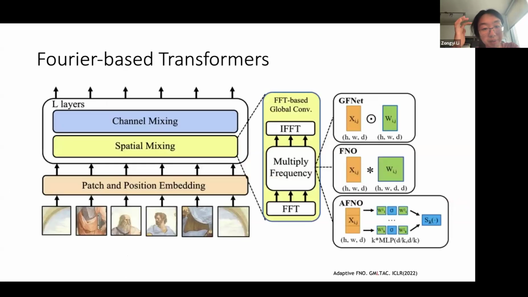And these adaptive Fourier neural operators can also be interpreted as transformer architectures, where the fast Fourier transform is a spatial mixing. The Fourier transform is taking the place of the query, key, and value matrices, and it learns its attention matrix based on the Fourier transform. In this sense, it kind of does the job of a transformer, but with n log n complexity in terms of the number of tokens, and they can work on images.